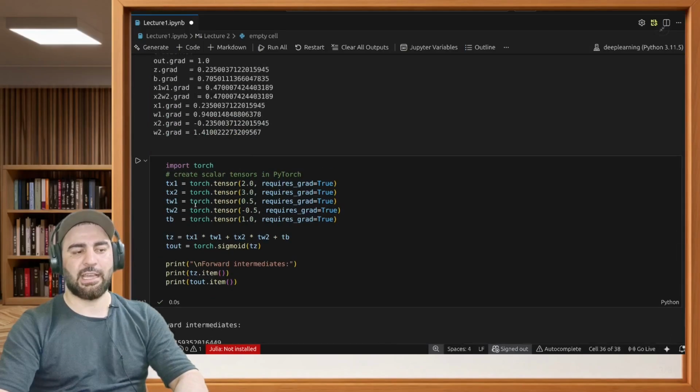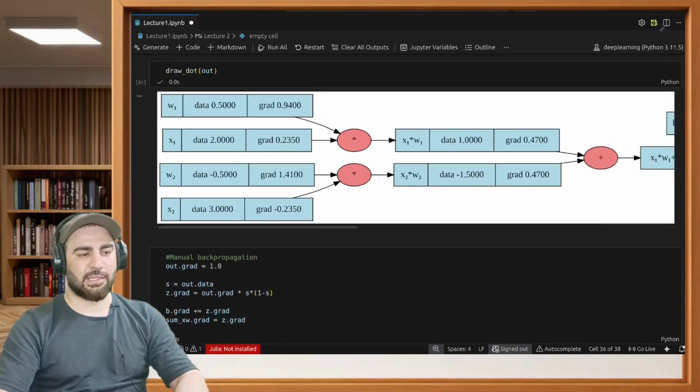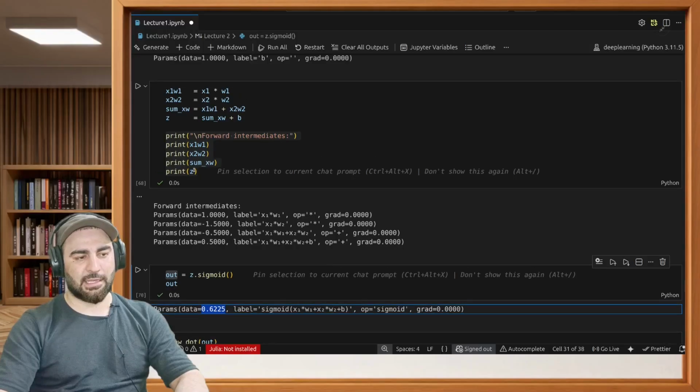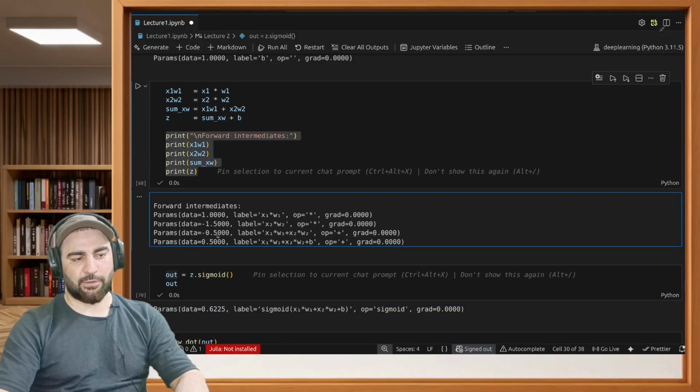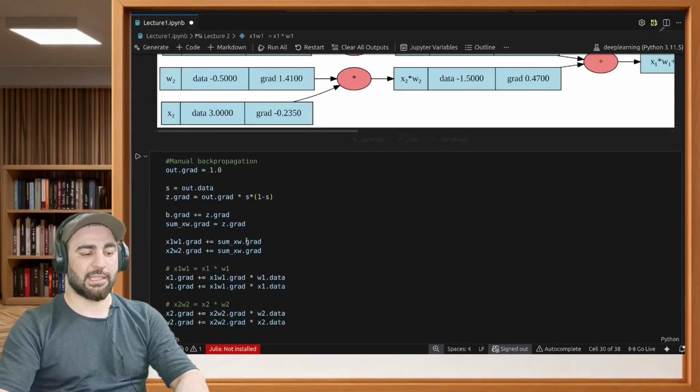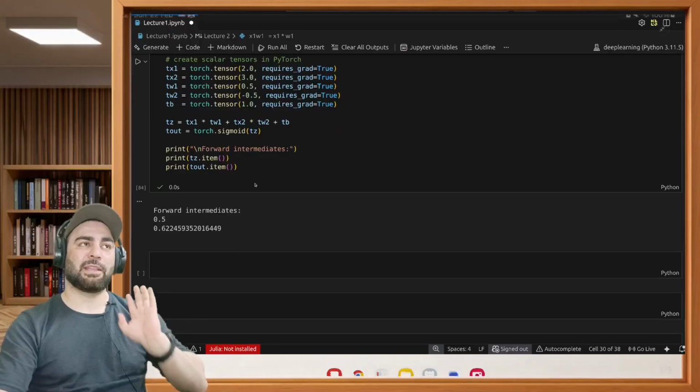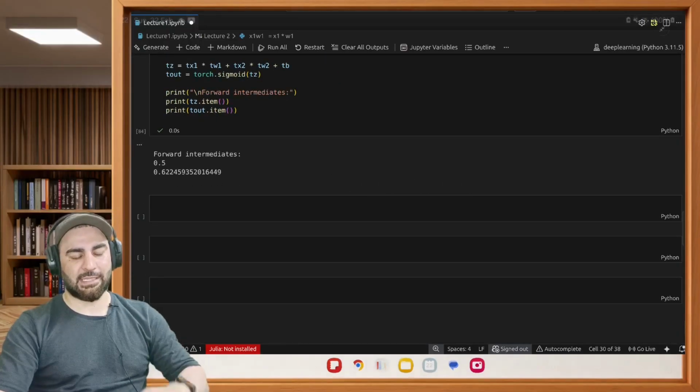So this is t, z and t out. In our case, this is out, and this is, I think, z computed? Yes, so this is z. So this is z, 0.5 and 0.6225. I think these values agree so far. In the forward pass, it's quite easy. It's not difficult. So the main thing that we have to compute is doing the same thing with back